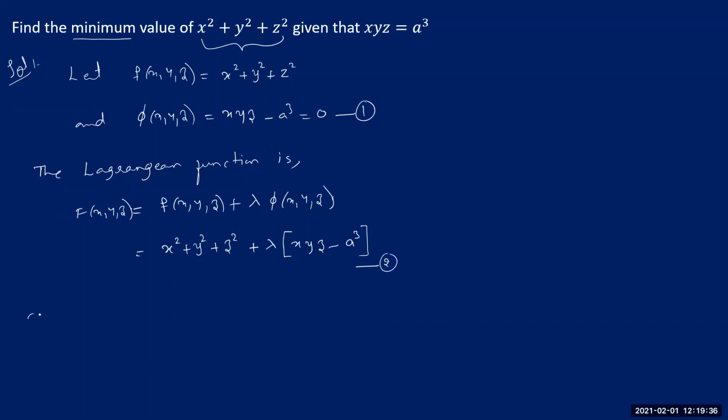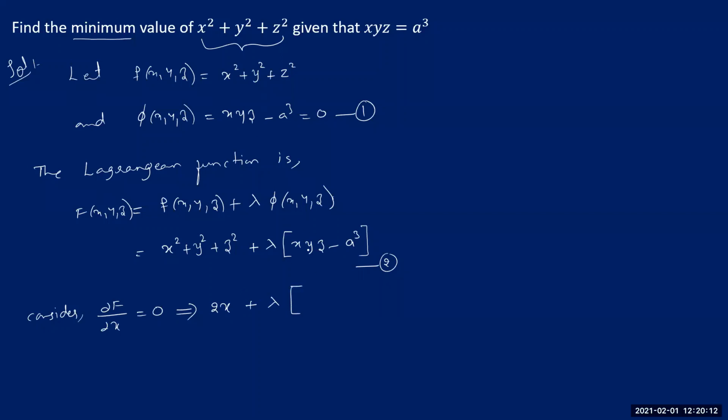Now consider, I'm differentiating capital F with respect to x, dou F by dou x. I'm equating that to 0 because we are not going to use dou F by dou x further. So see, if you differentiate this, the differentiation of x square is 2x. And when we differentiate with respect to x, as we know, y as well as z are constants, so their differentiations are also zeros, isn't it? So plus, I'm not writing them, then lambda times.